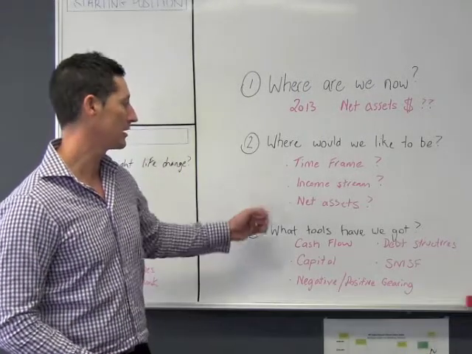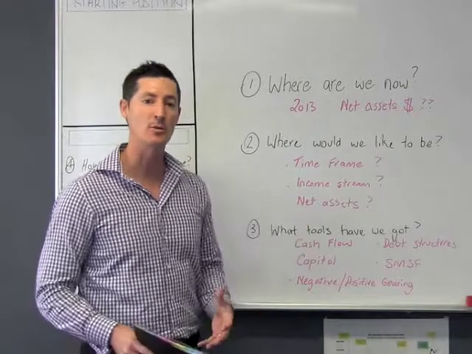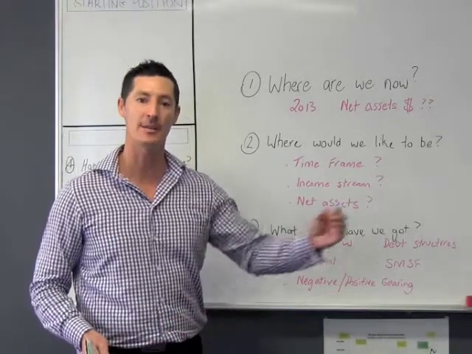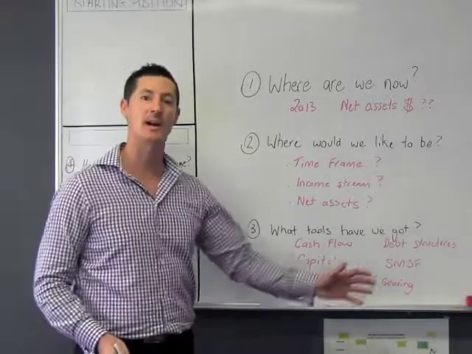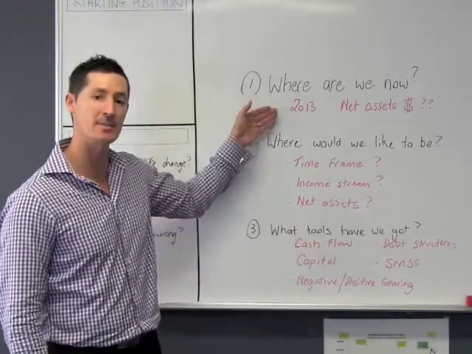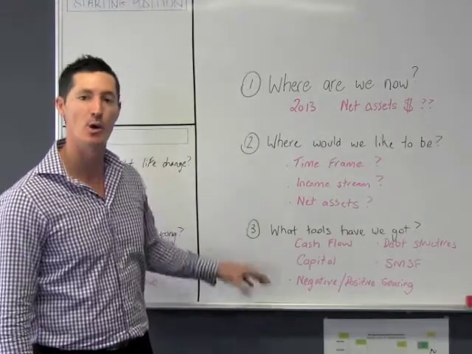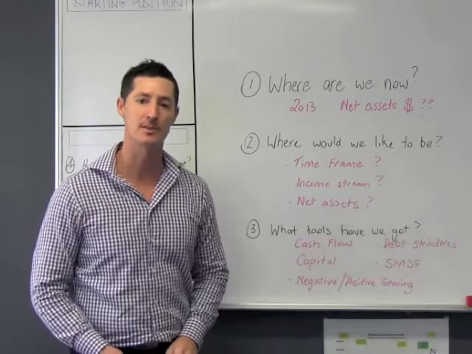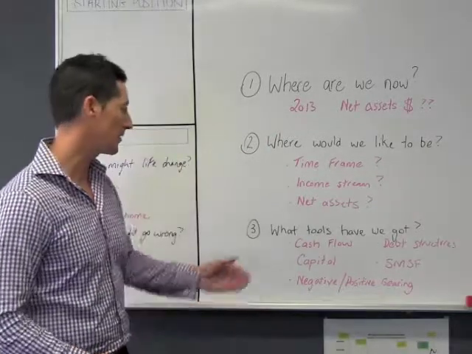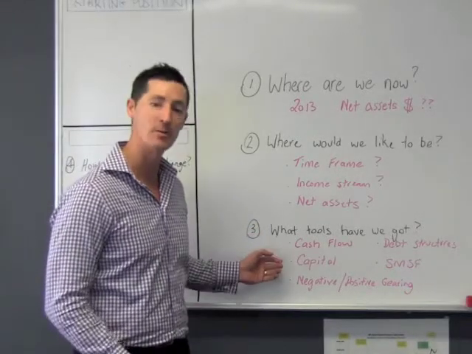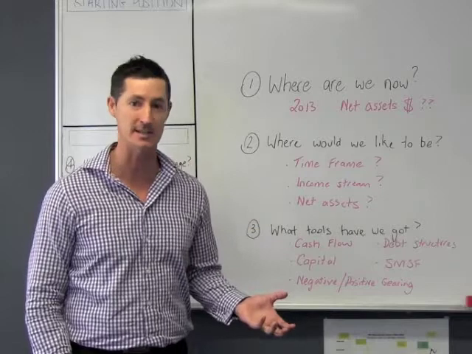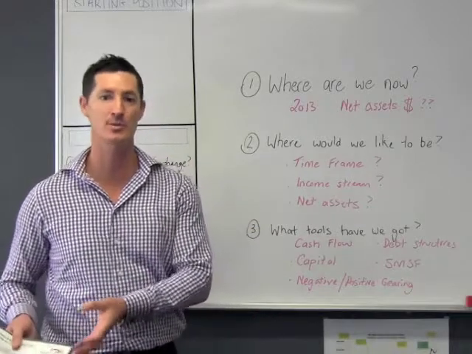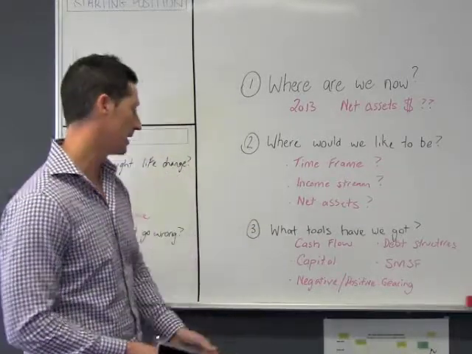Once we've done that, we can then work out the value that our assets need to be at that future point in time. What tools are available to us? So we've got a starting position, an end objective. What are the things that are available to us as financial people? Things like our investment cash flow, how much capital is available, whether that's in the form of equity in existing properties or whether that's cash or shares or whatever that may be.